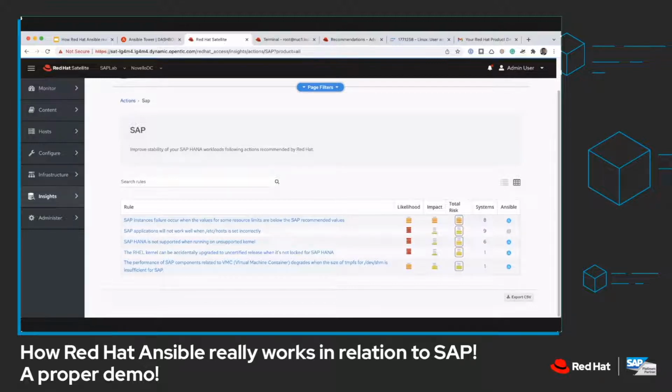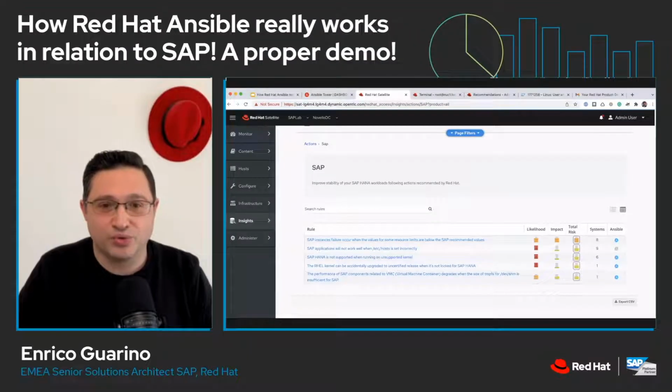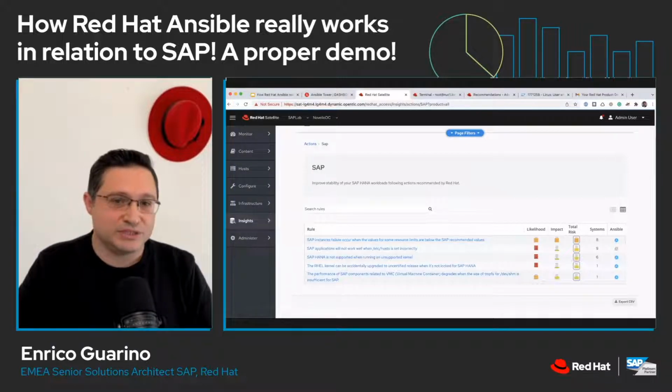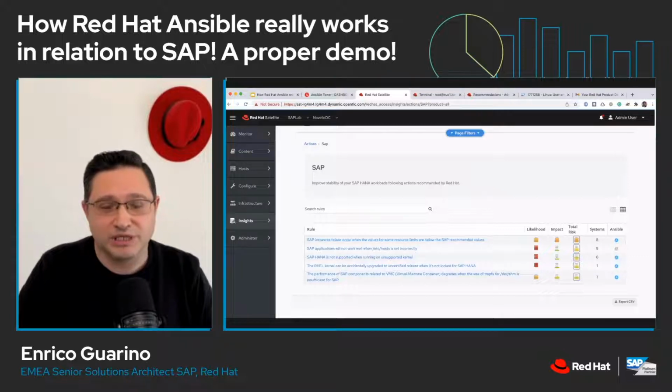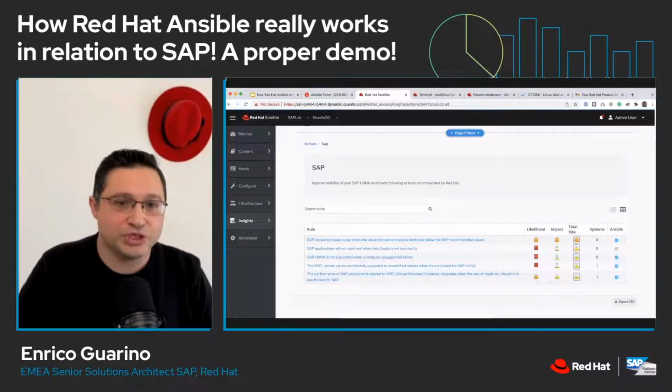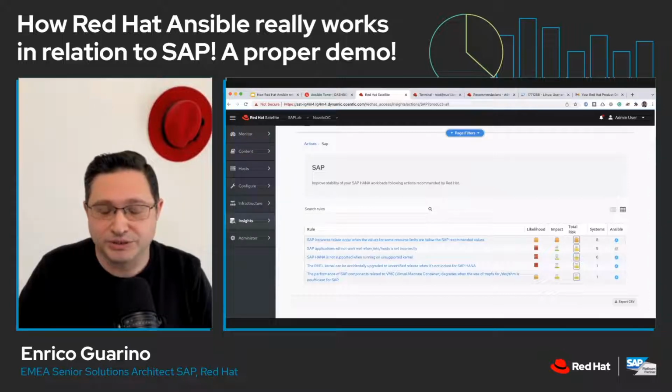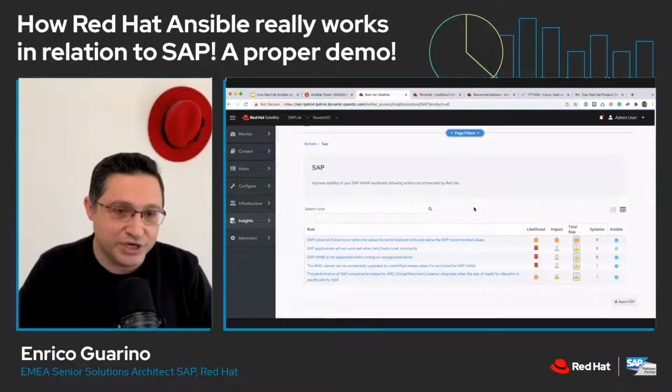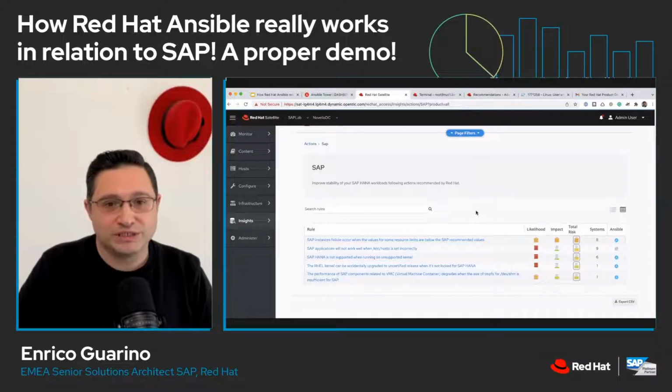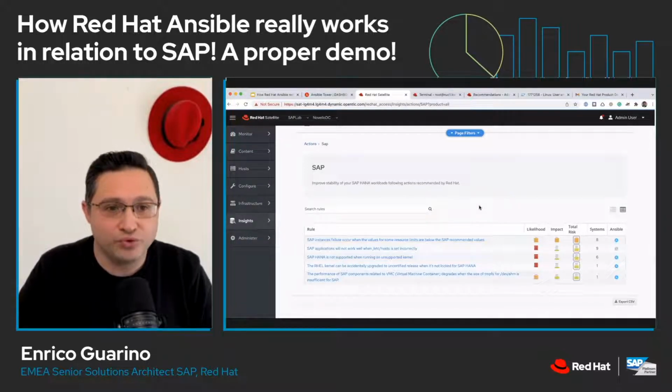It's important to highlight that this is not the same as the errata. Errata are about security, vulnerabilities, or packages that must be updated because there is a CVE related. This means that there is a problem already in your system that someone could exploit using the vulnerability existing in your packages. Instead, what we receive here is proactive monitoring. So we receive insights to proactively configure our system to run in accordance with SAP and Red Hat best practices. So it's a way to avoid future issues.